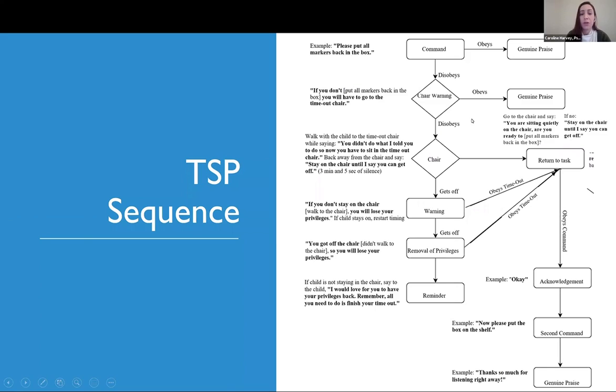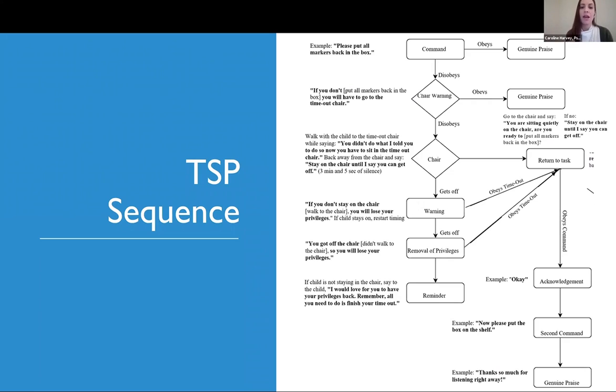And here is our beautiful TSP sequence. For the sake of time, I'm just going to call attention to the parts that are different from what I already reviewed. So I'm skipping straight to the warning. If you don't stay on the chair, you will lose your privileges. You got off the chair or you didn't walk to the chair, so you will lose your privileges, is informing them.